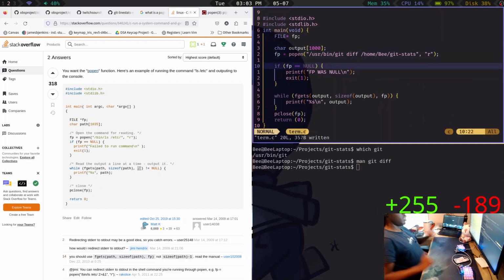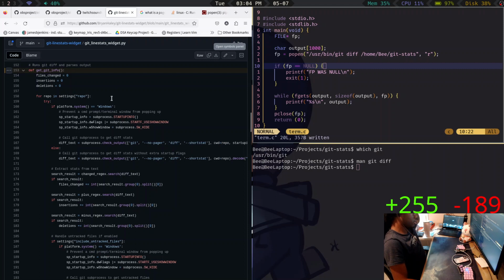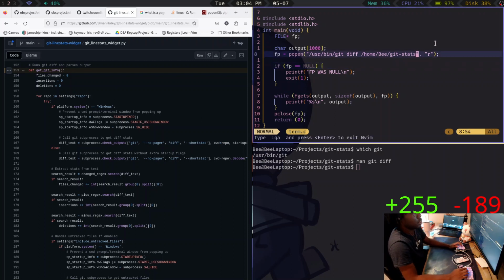Right? I put another command. I don't remember what it was. Where is this? Oh, short stat. Yeah. I don't think it matters where I put it, but I'm going to put it in the same spot I did last time anyway.